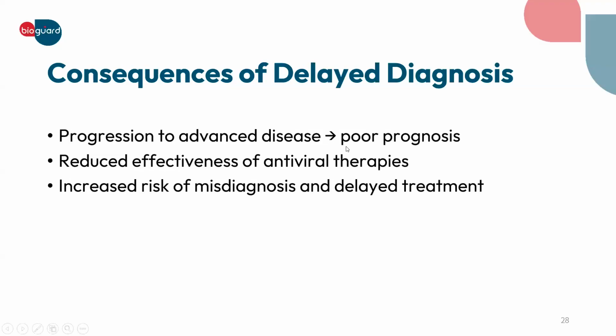So, however, if suppose there is still a delay in the diagnostics, what will happen? So, of course, the progression of the disease will go into the advanced stage. Okay, so in the advanced stage, FIP starts affecting different organs or different areas of the body. As I say, the disease can be